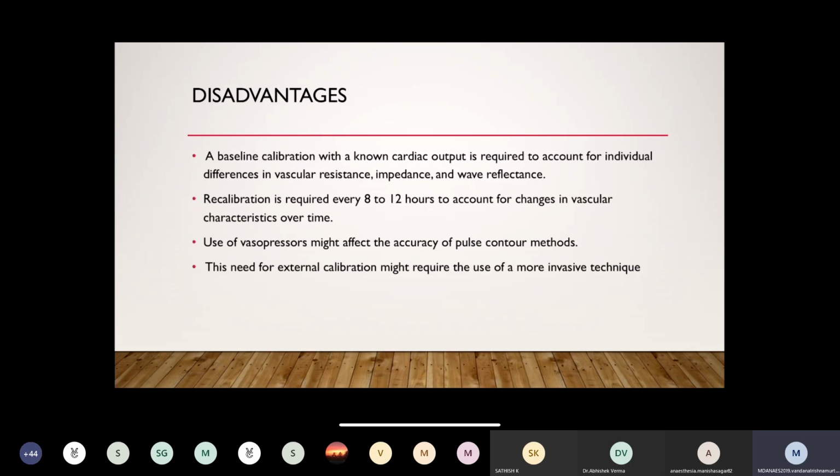A reasonably well-defined arterial pressure waveform, with a discernible dicrotic notch, is required for accurate identification of systole and diastole, a condition that might not exist under severe tachycardia, dysrhythmia, or very low output states. For meaningful use of beat-to-beat variation in stroke volume as well as pulse pressure variation, the patient needs to be on controlled mechanical ventilation with a tidal volume of at least 8 ml per kg body weight and to be in a regular cardiac rhythm.